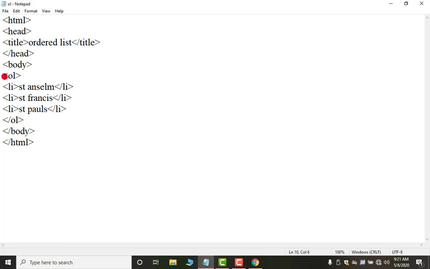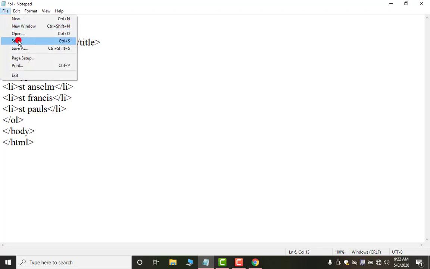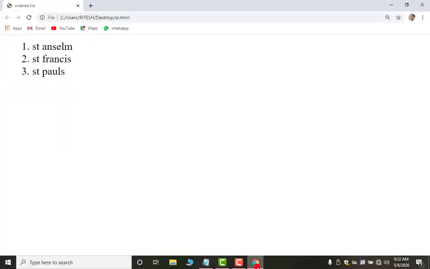Next, look, we have not written anything here, which means we have not described the type attribute. Now I am writing type equal to, and in double quotes you have to give which type of numbering you want. By default it is coming 1, but I am showing you again. If you write this 1, your list will be the same. Okay, 1, 2, 3 is coming.